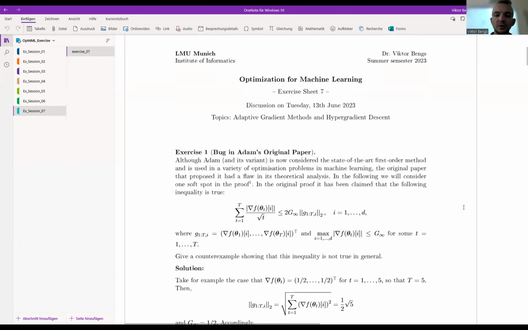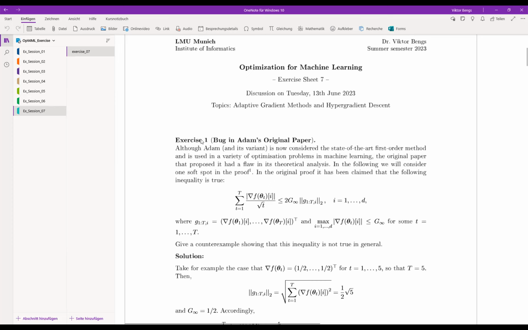And we want to start with a quick warm-up exercise, namely we want to show that in fact in the original paper of Adam,